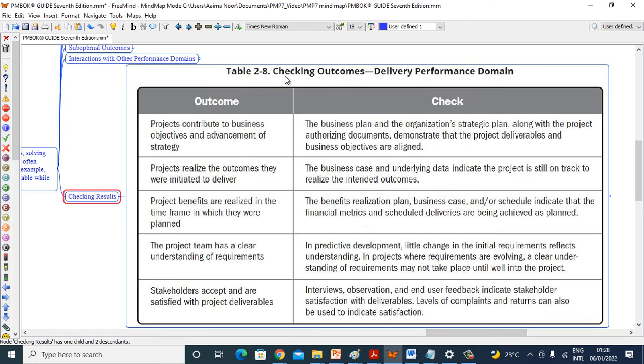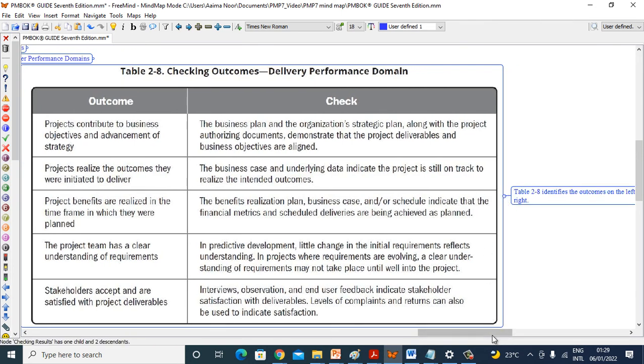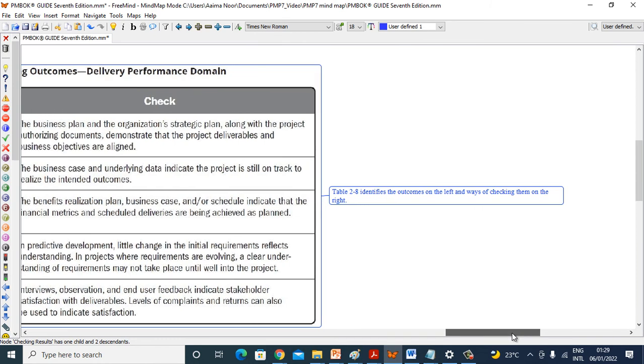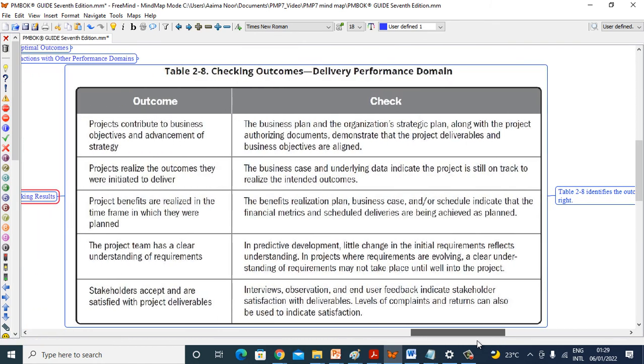Checking results. Table 2-8, checking outcomes, delivery performance domain. Table 2-8 identifies the outcome on the left and ways of checking them on the right. Outcome: projects contribute to business objectives and advancement of strategy. Check: the business plan and organization strategic plan along with project authorizing documents demonstrate that the project deliverables and business objectives are aligned.